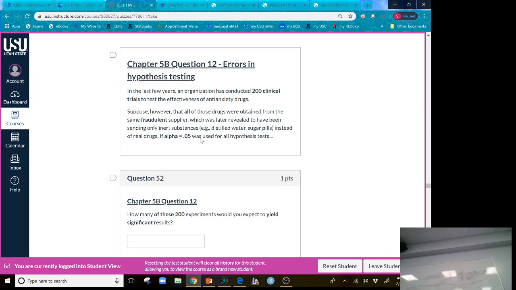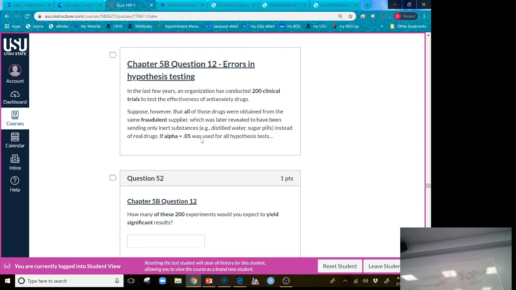In the last few years, an organization has conducted 200 clinical trials to test the effectiveness of an anxiety drug. Supposing, however, that all of those drugs that they tested were from the same fraudulent supplier. So we are saying that all of those drugs are ineffective. They're all pretty much sugar pills. They do nothing. None of those drugs work. None. Which was later revealed to have sent an inert substance, distilled water, sugar pill, something that does nothing instead of the real drug. If alpha equals 0.05 was used for all of the tests, because that's the golden rule that everyone loves,